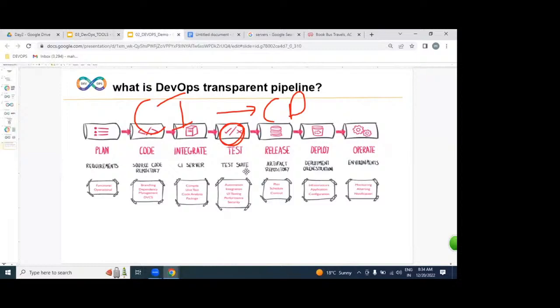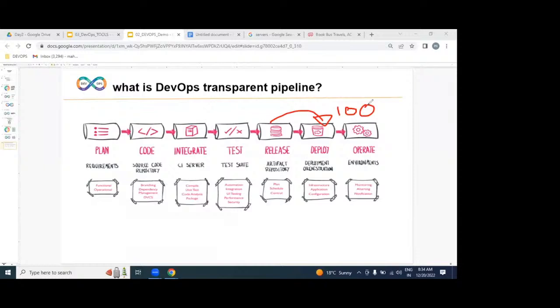Once we deliver our application into a release, from this release we are going to place it on hundreds of servers. Are we going to place it on hundreds of servers, yes or no? With an automated or manual way? Automated. So we have hundreds of servers.